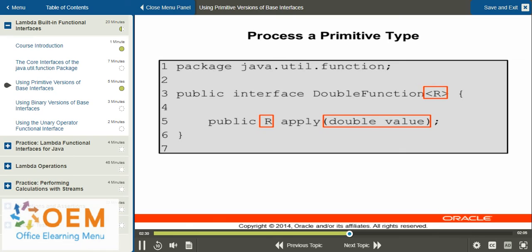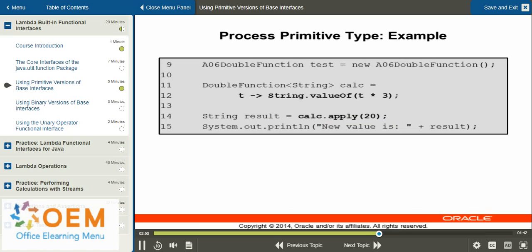So in our case, what would be similar to a Function with two parameters, the double is the input, and the generic type is going to be the output. And we also have an apply method that will return that generic type, and we have one parameter that's going to be a double data type value. So let's look at how we can use the processing of a primitive type in an example. On the screen on line 11, we have DoubleFunction